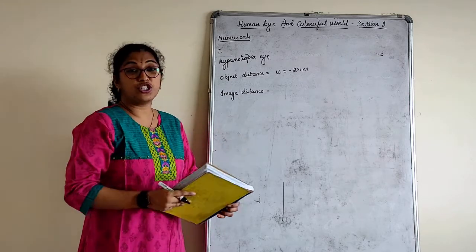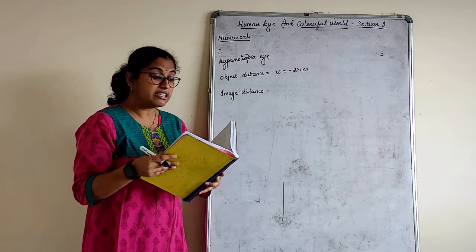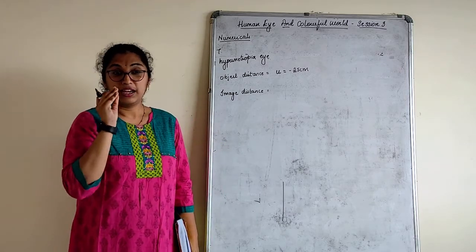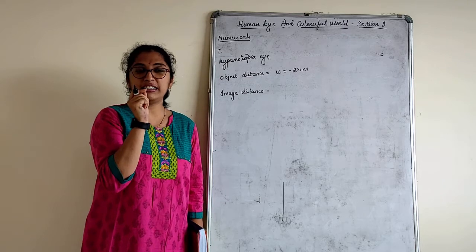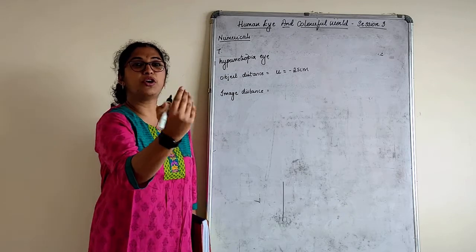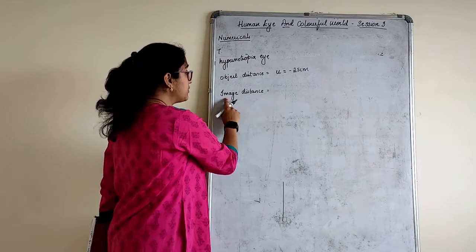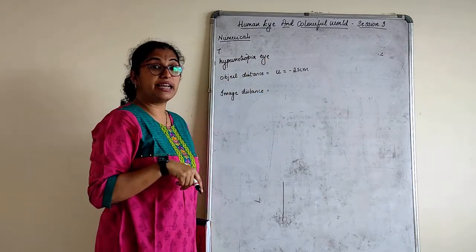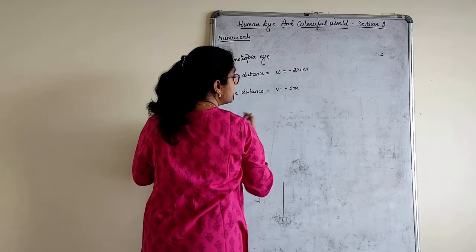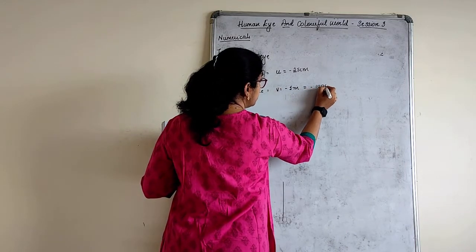Even if the near point of the hypermetropic eye is assumed to be 27 centimeter, still 25 centimeter is the nearest point, at least you can see what is kept there. Just beyond that it cannot see. So let the object distance be 25 centimeter only. Image, from where can the image formation be done? From 1 meter, which is also minus. So 1 meter should always be in terms of centimeter.